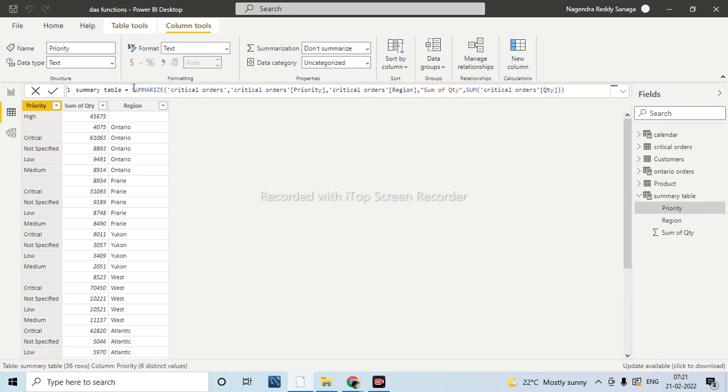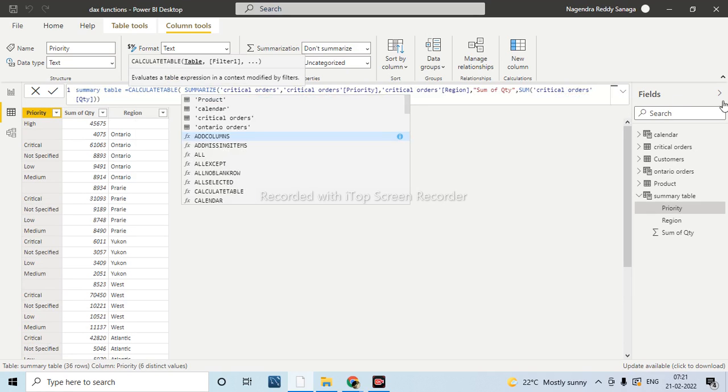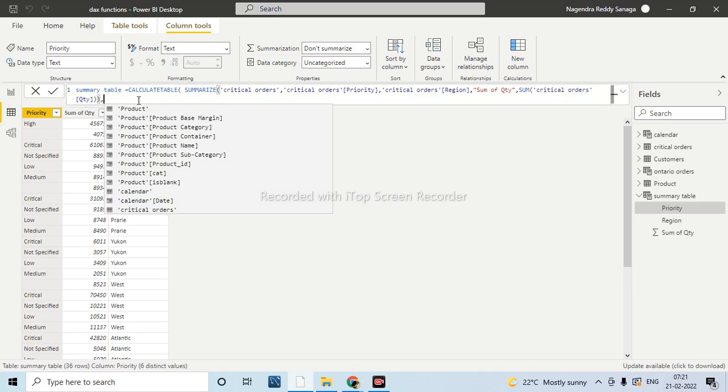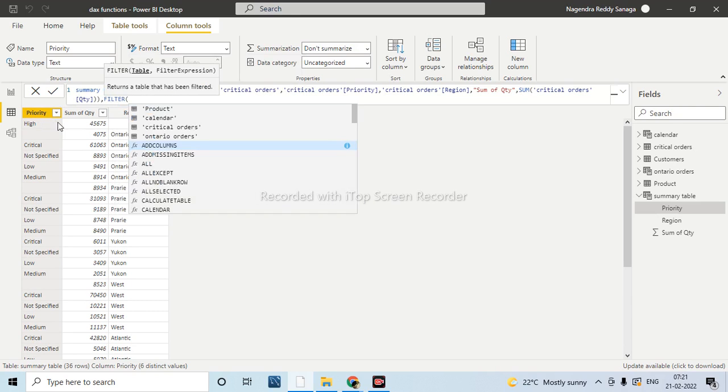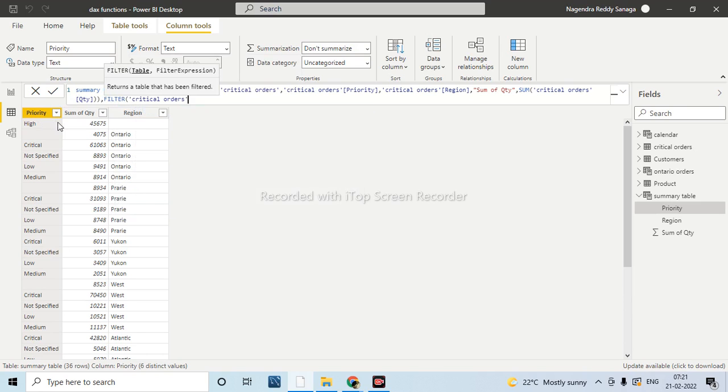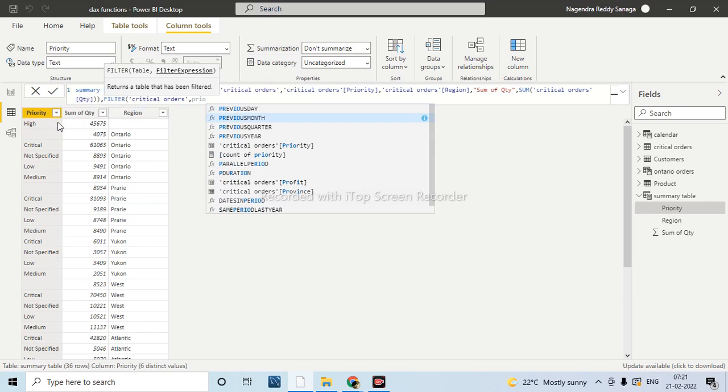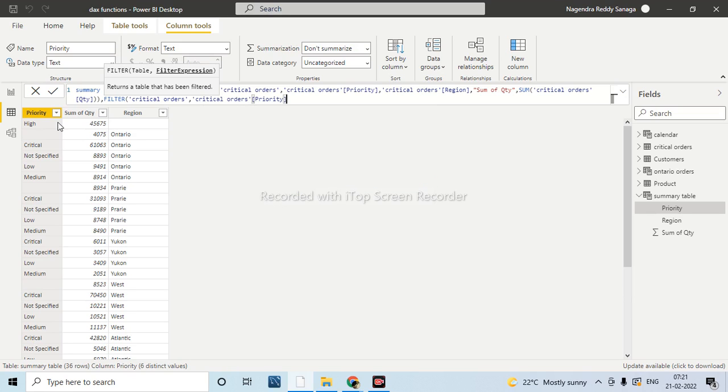We need to use the calculate function, and then you can filter out the information. Now from this calculate table, I am getting this overall information, right? From this one, I want to filter out the blanks which we are loading in the priority, right? I want to exclude that. Now I will take the critical orders table, priority, is not equal to, I don't know whether it is blank or null. Just we will take the null case, otherwise we will see the blank.